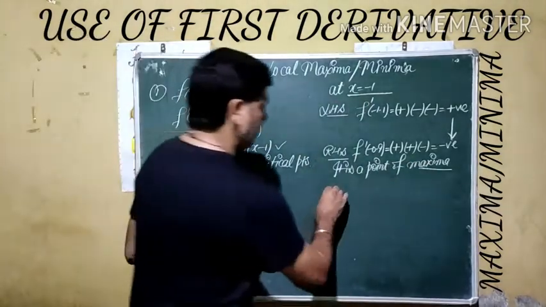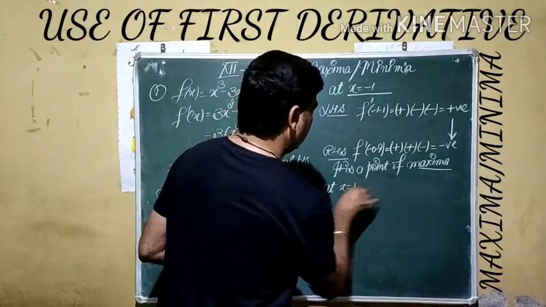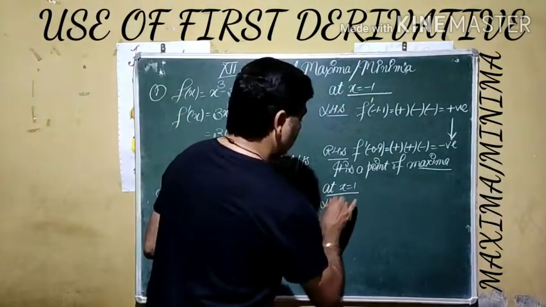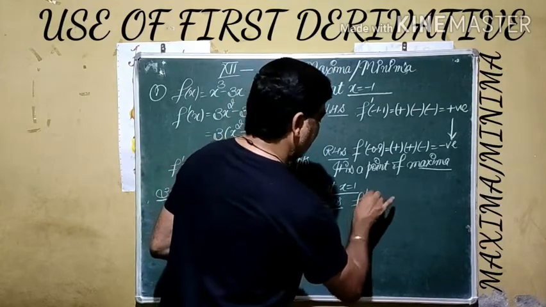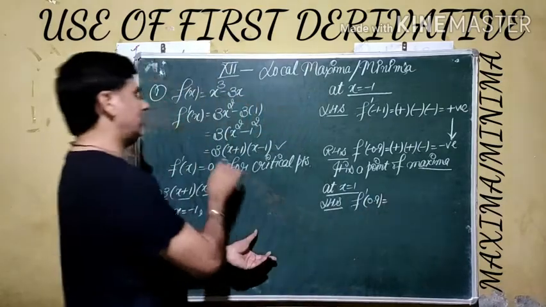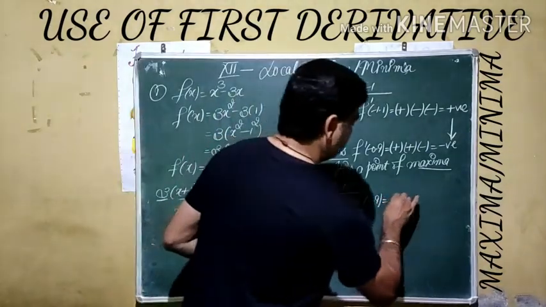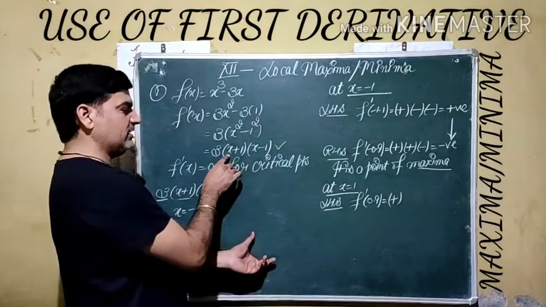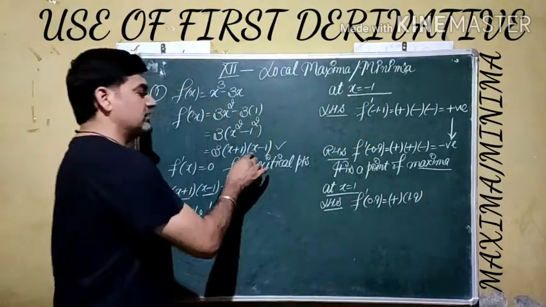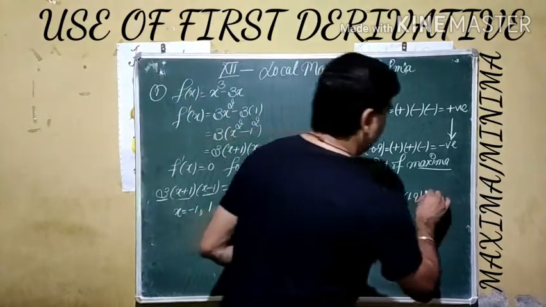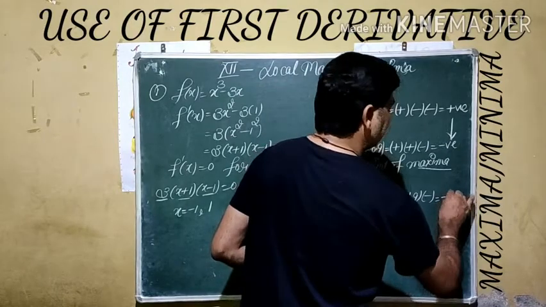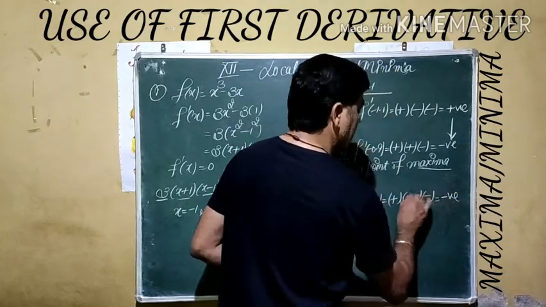If we check the other critical point, we have here 1. This is the second critical point. First of all, we check the left hand side, means less than 1, so 0.9 we are going to check. If we replace it, 3 has no effect, positive sign. 0.9 plus 1 becomes 1.9. In the next bracket, 0.9 minus 1 is minus 0.1, negative sign. So overall we get a negative sign here.